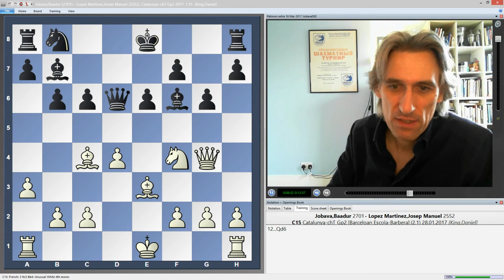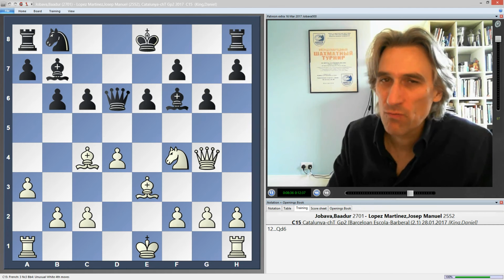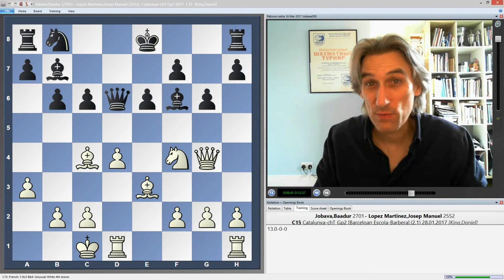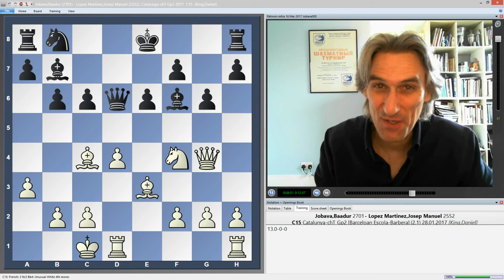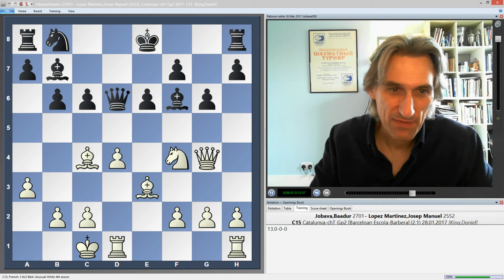Queen d6. As we'll see, it would have been better to play queen e7, but black's position is already a little bit dubious. Castles queenside. Well, what a transformation. A few moves ago, it seemed that white was lagging in development. Now all his forces, well, practically all his forces are in play. Knight d7, and now things go from bad to worse because